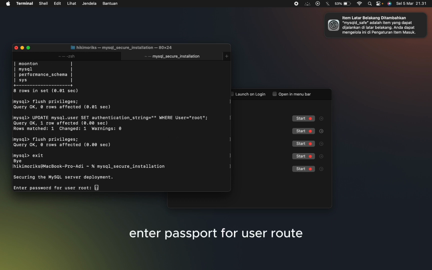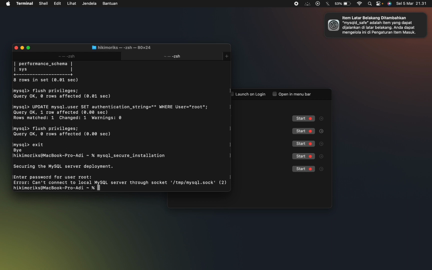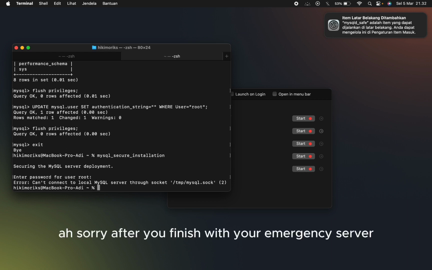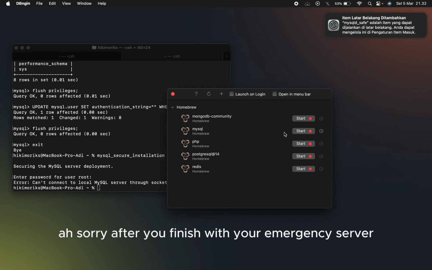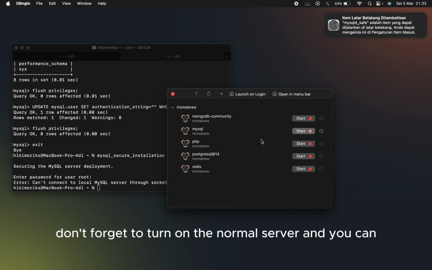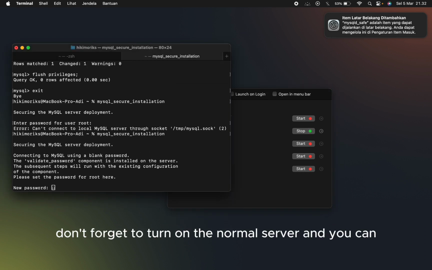Enter password for user root. Sorry. After you finish with your emergency server, don't forget to turn on the normal server.